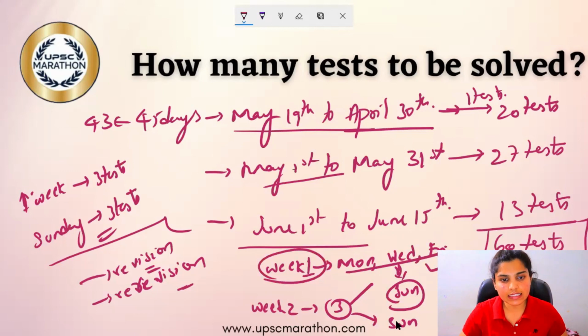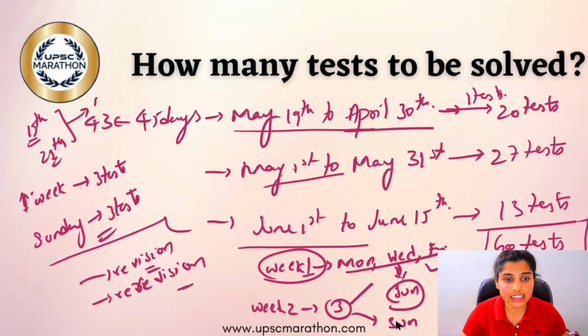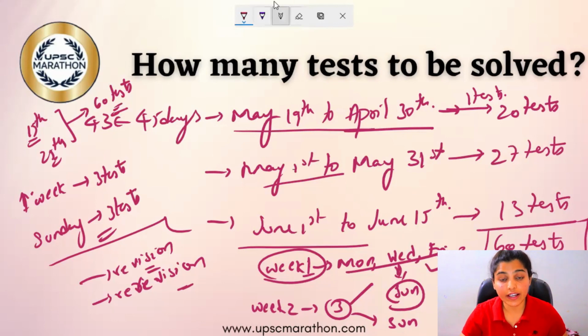If you do this, then in the last 10 days, whatever we have planned, our strategy is going to finish off by the 15th. So from the 15th to the 25th, you can easily revise these 60 tests. Trust me, you can even do 2 times revision of these 60 tests if you revise these tests initially in this pattern. Fine. So this is how you are supposed to revise and re-revise the subject. So that is it for this video: how to solve a test, why to solve a test, and how many tests to be solved.